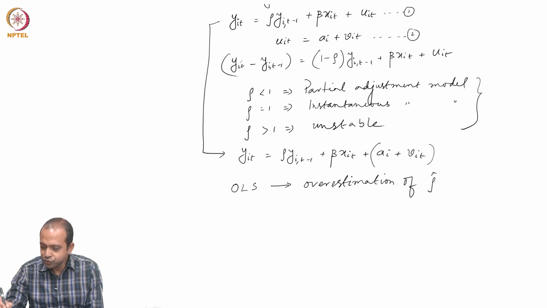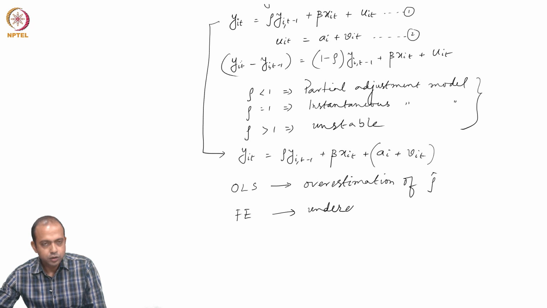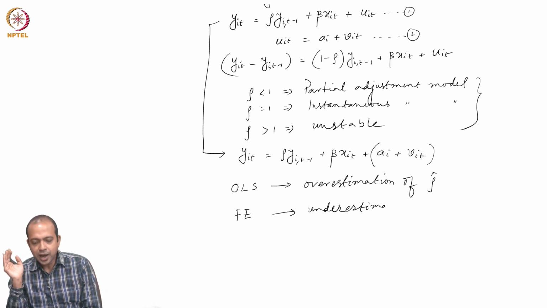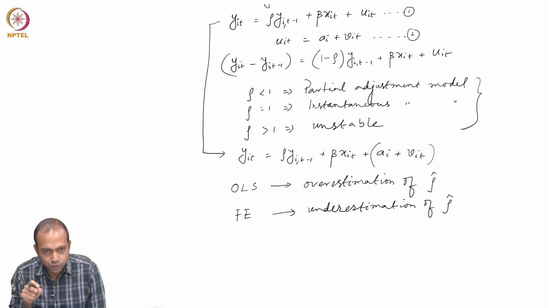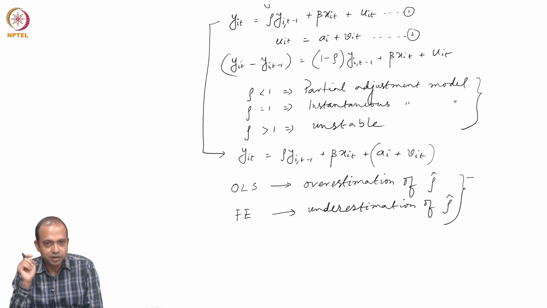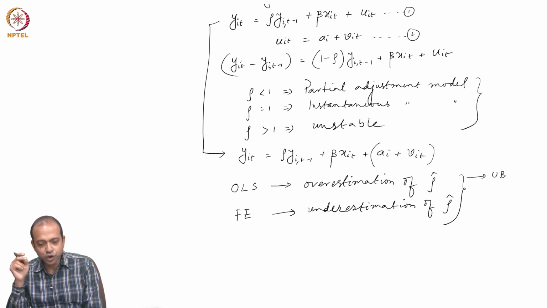So, that means OLS will give you an upper bound, and FE will give a lower bound of rho hat. Is it clear? OLS is giving an upper bound because we are ignoring that there is dynamism in the system, and what is happening here is a positive correlation between